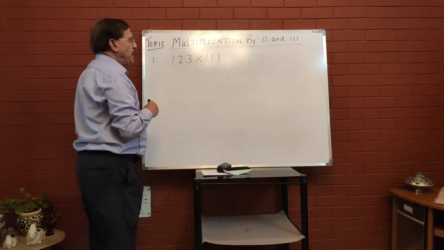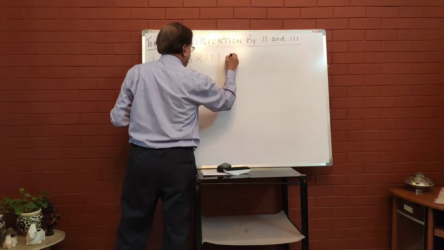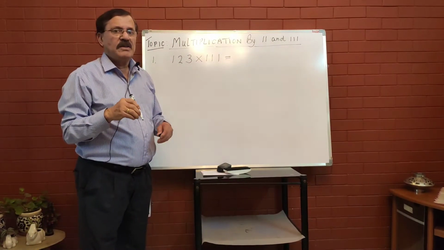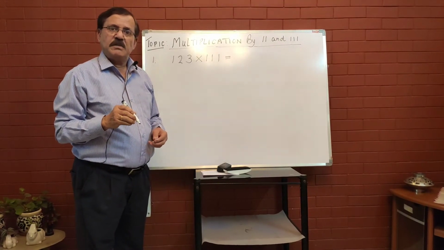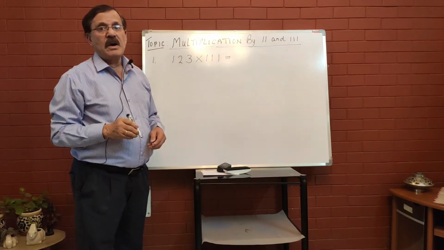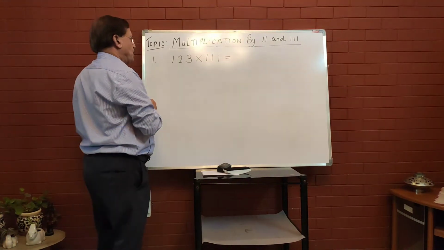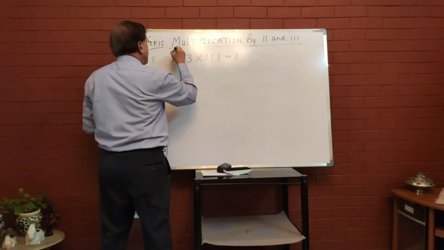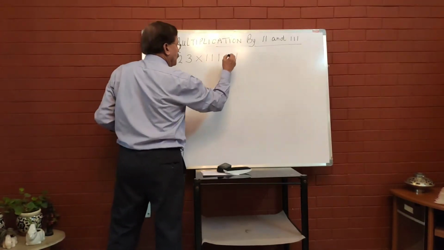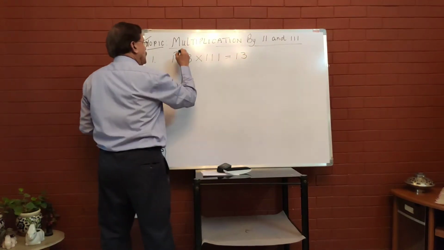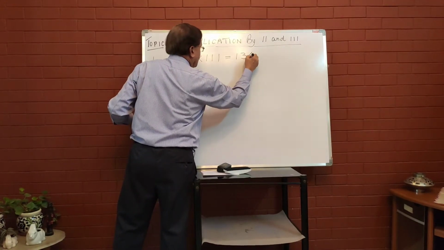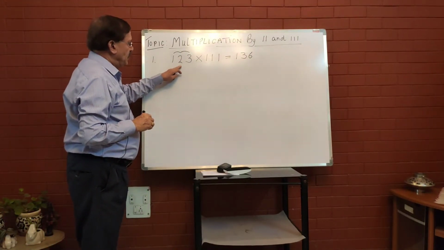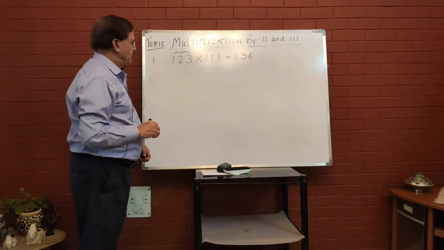Now let us see how we multiply them. The technique is the same, the style is the same, only there is a change over here. Instead of the divisor being 11, the divisor now has become 111. So the first number 1 will remain as it is, right? Then 1 plus 2, 3, and 3 plus 3, 6. Just see the difference. 1 as it is, 1 plus 2, 3, and 3 plus 3, 6. Okay? The first thing we have done.